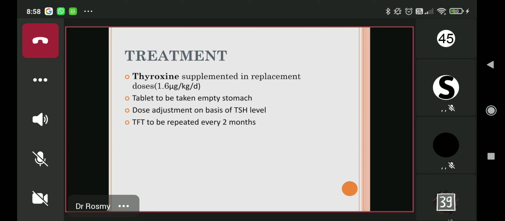After giving the drug, the patient will ask, "Ab kab tak chalegi? Badhaoge ki ghataoge?" So this is another question the patient will ask you. You will tell them, you take this medicine and after 2 months you come again and we will send a test called only TSH. Now we are not sending an FT4 here. This is important. We are going to do a dose adjustment using only the TSH levels.